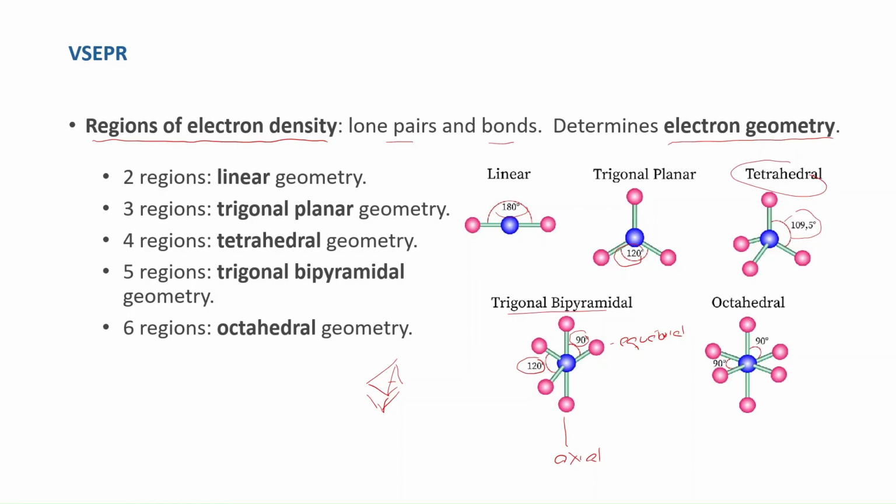If you have 6 regions, it's called octahedral. And I know people think octahedral means 8, but we don't have 8 atoms. No. The geometrical figure that you form is an octahedron, and that's where the name comes from. One important thing: you don't differentiate between axial and equatorial because every angle is always going to be 90 degrees. You can turn this in any direction you want to, and it's exactly the same molecule. So, yes, you have to memorize the names, but if you can draw them on a piece of paper, you don't memorize the angles.